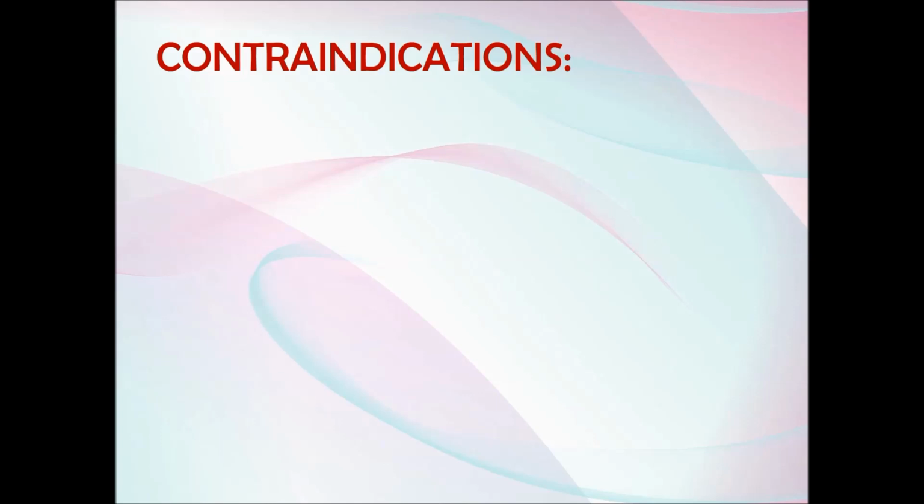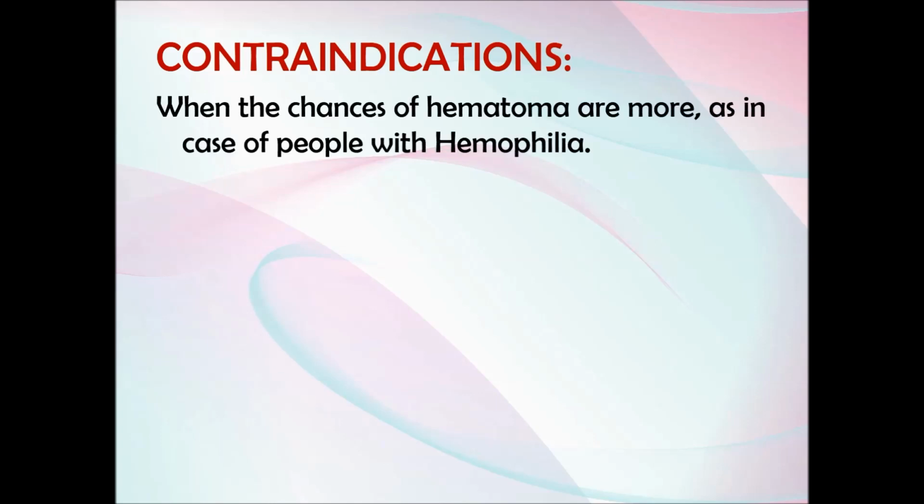What are the contraindications for the nerve block? We have all been told by our seniors, our staff, to be careful while giving a PSA, do not cause a hematoma. So the most important contraindication is in hemophiliac patients, as they are more prone to hematomas, so we need to avoid giving a posterior superior alveolar nerve block. It is not that you can cause a hematoma in all the patients. If you remember the landmarks and you're injecting the needle at a proper place, you will definitely not cause a hematoma. We will be discussing about it in the next few slides.